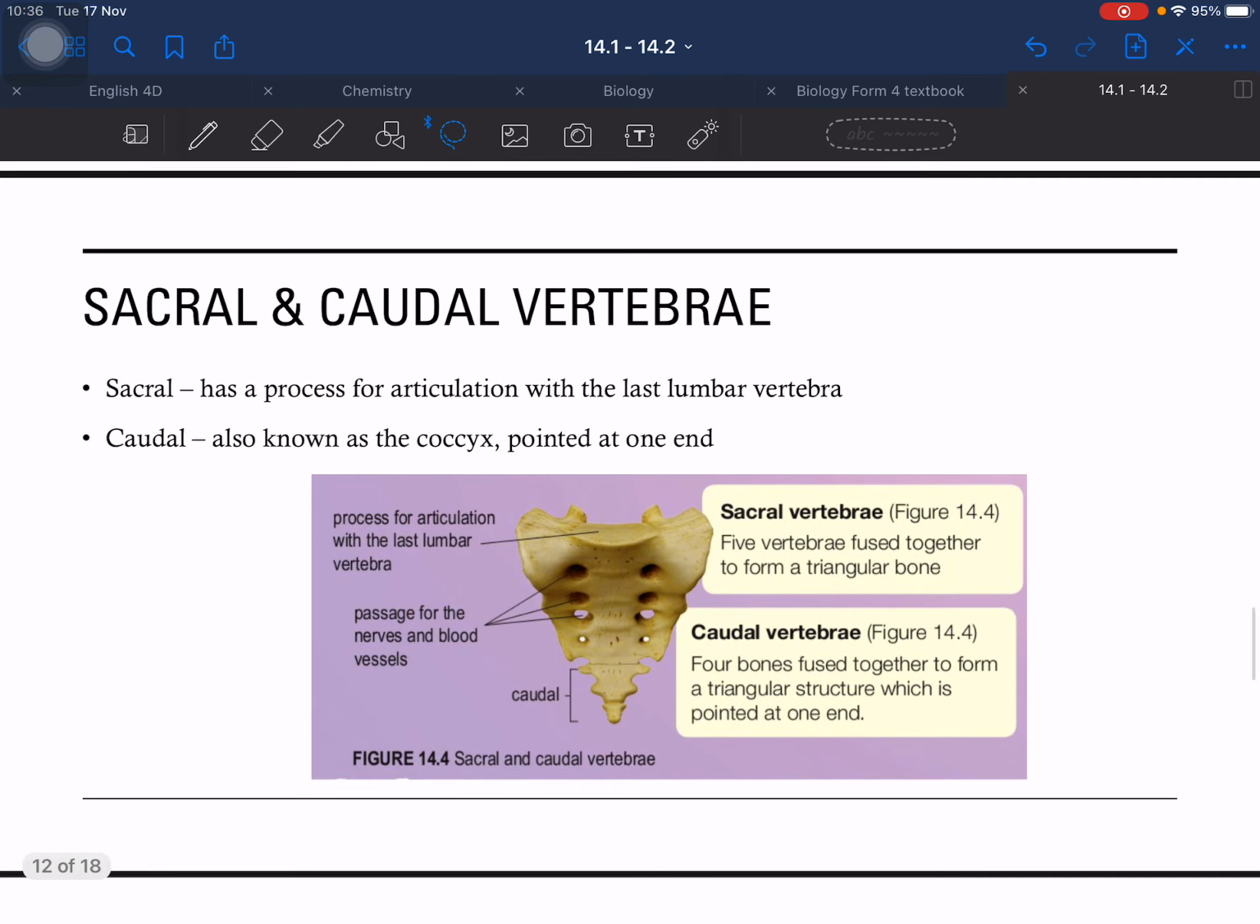And lastly, your sacral and your caudal vertebrae, right? So your sacral has a process for articulation with the last lumbar vertebra over here. So your L5, yes, your L5 will be,